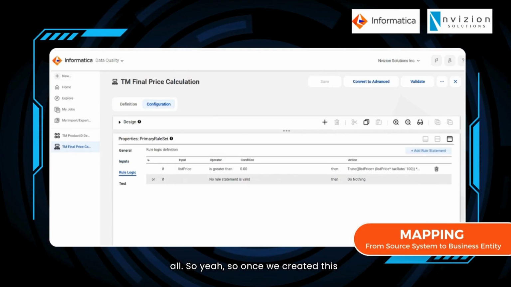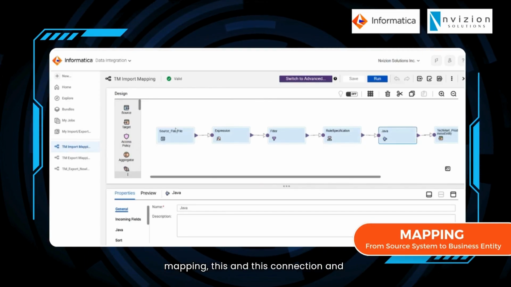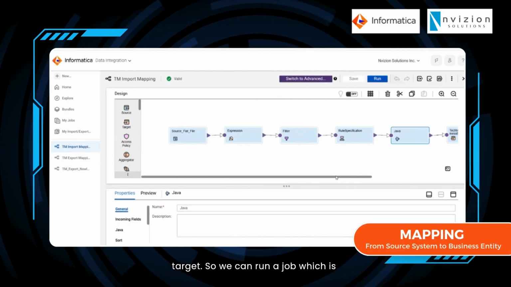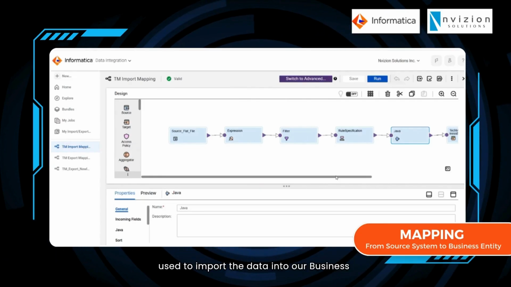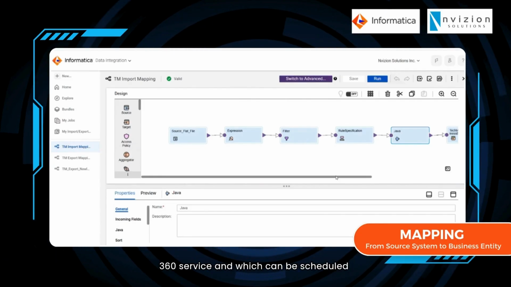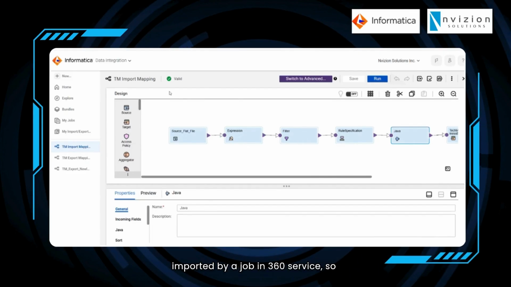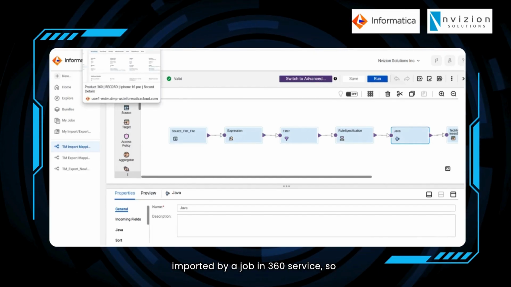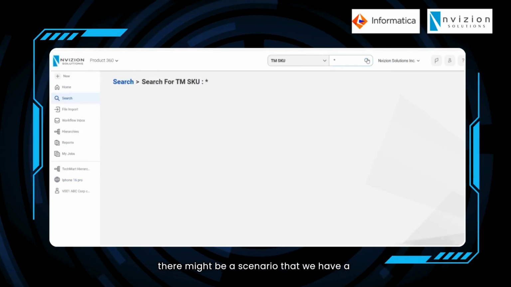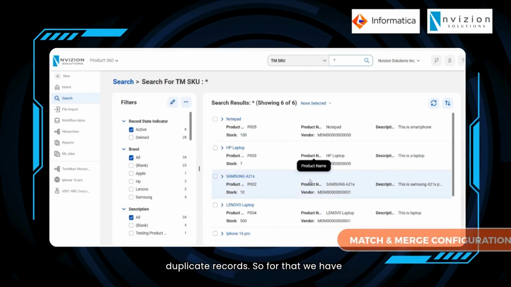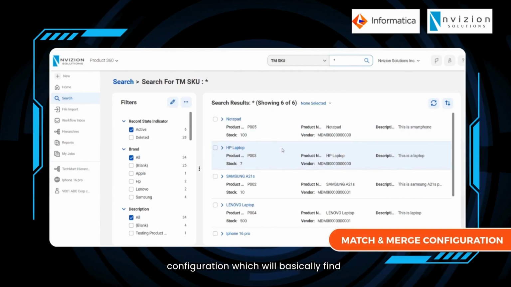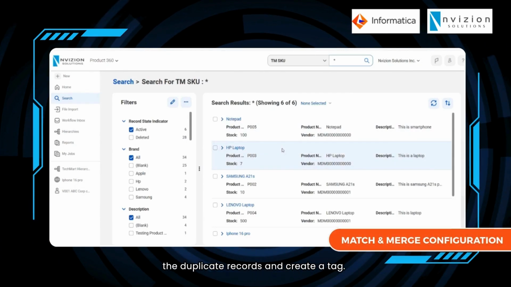So once we created this mapping, this connection and target, we can run a job, which will be used to import the data into our Business 360 service, and which can be scheduled whenever it's needed. Once the data is imported via job into our Product 360 service, there might be a scenario that we have duplicate records. For that, we have configured a match and merge configuration, which will basically find the duplicate records and create a task for